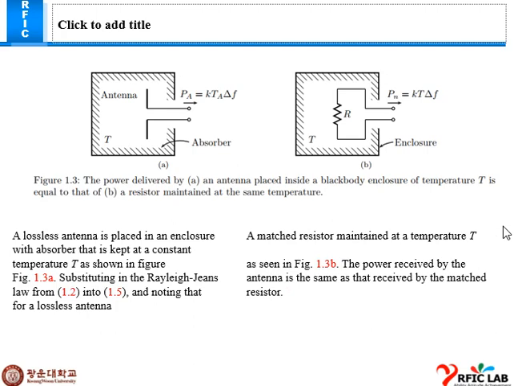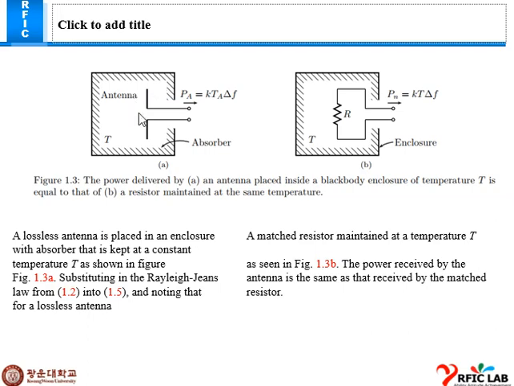Now, in this figure, it is the power delivered by an antenna placed inside a blackbody enclosure at temperature T. And in section B, a resistor R is maintained at the same temperature. In this, a lossless antenna is placed in an enclosure